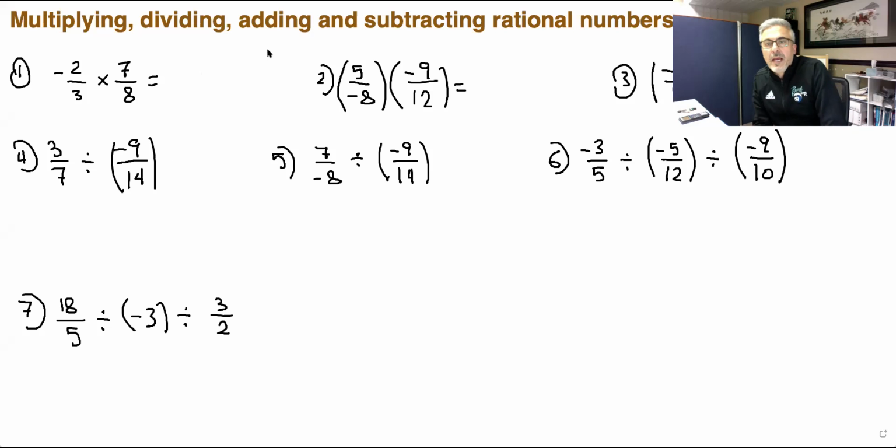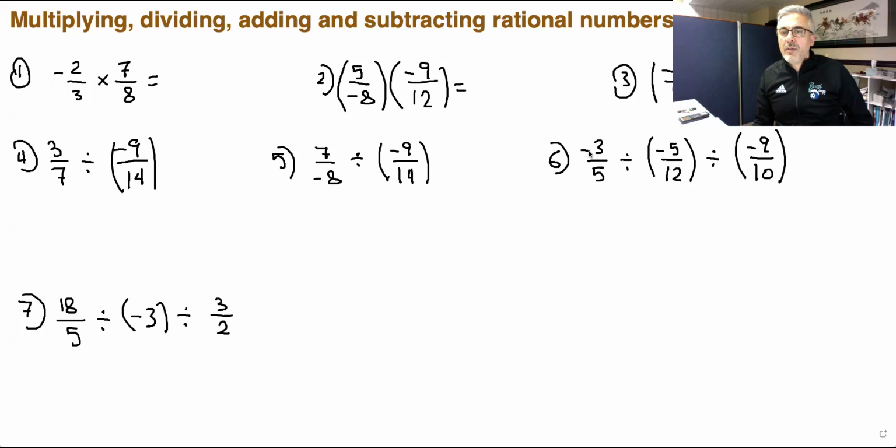Multiplying, dividing, adding, and subtracting rational numbers. This is again another topic related to multiplying, dividing, adding, and subtracting integers. When we're multiplying and dividing, as I mentioned in the earlier lessons, if you're multiplying, for instance,